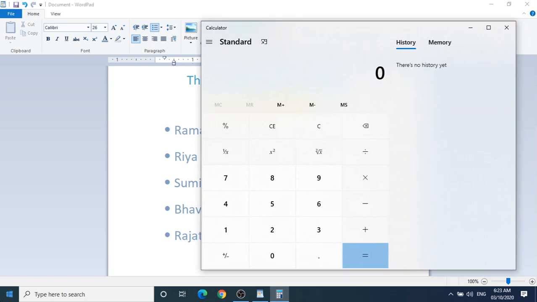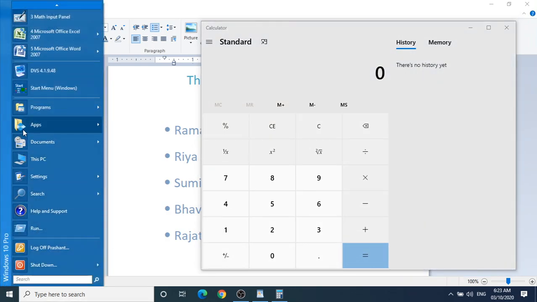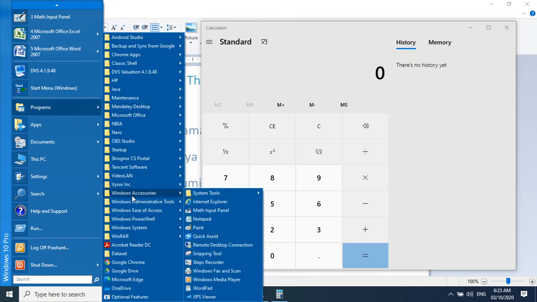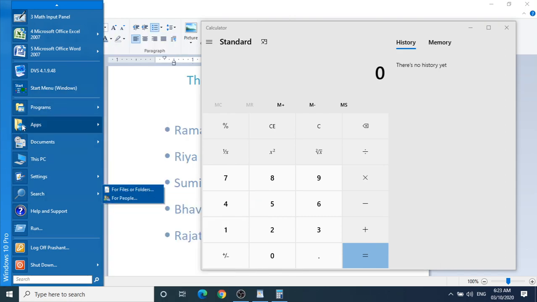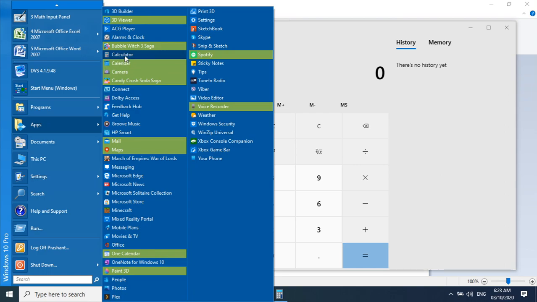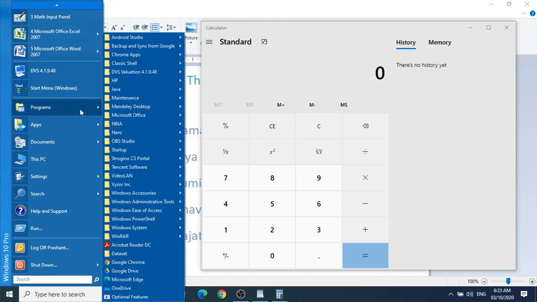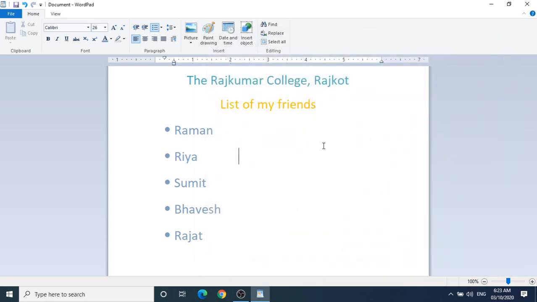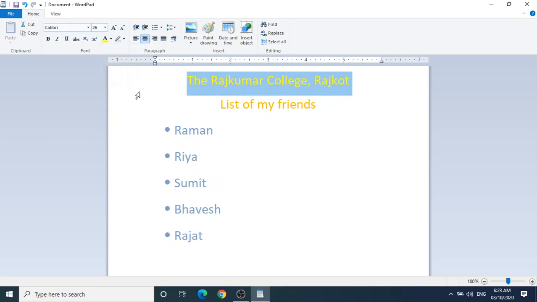You might remember how to open start, and in this I have my calculator. Otherwise in program accessories, okay, you will find in program accessories, and if you don't find in program accessories, then click on apps and go for calculator, right? Then we have WordPad, in Windows accessories and in that WordPad. Okay, and in WordPad we have seen how to change the color. From here you can change the color, right?